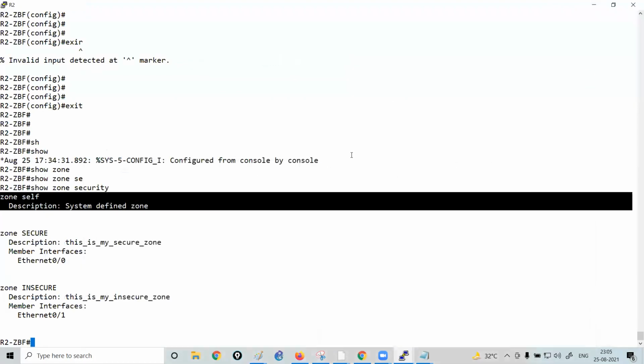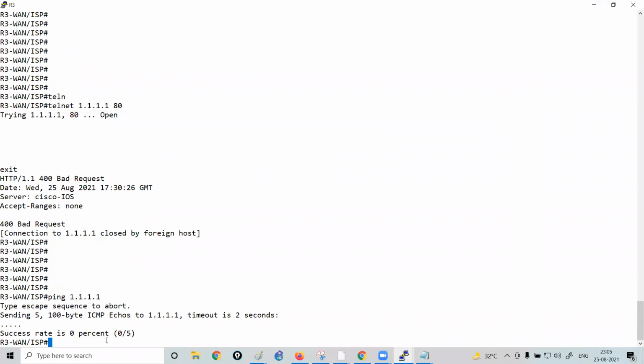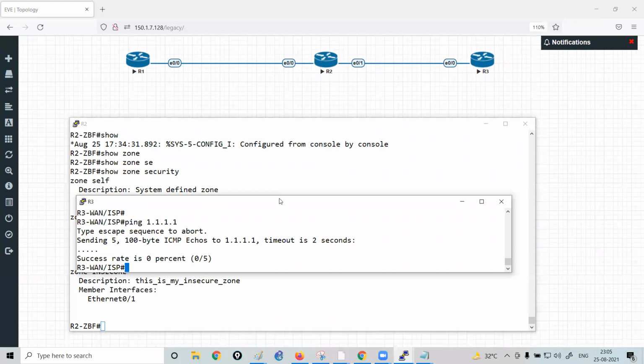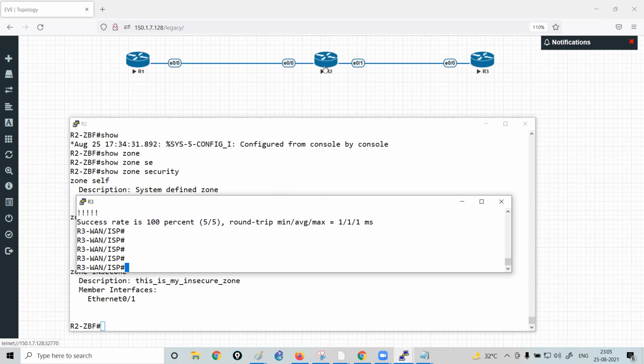Let me just prove this. Right now we are on router R3. You can see, if I try to ping the IP address 23.0.0.2, that is the IP address of router R2 on which you have configured the zone-based firewall, right? Right now I am able to ping.